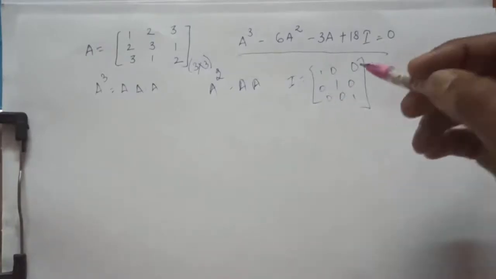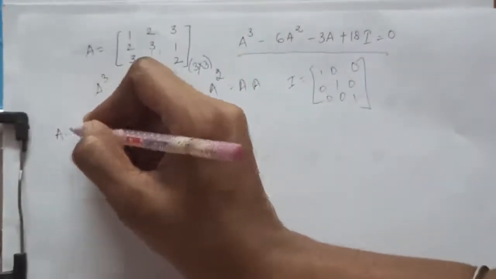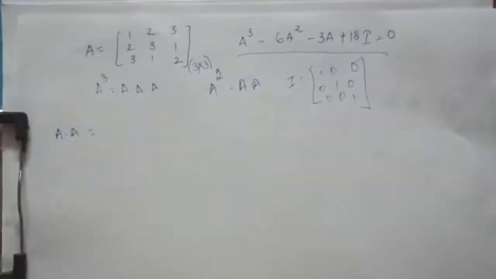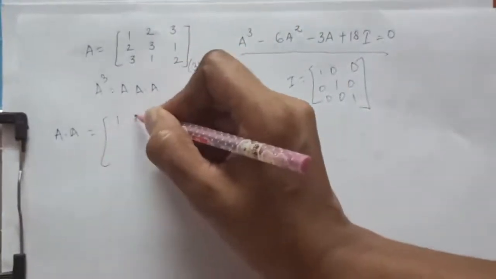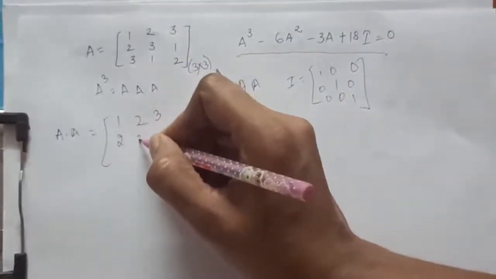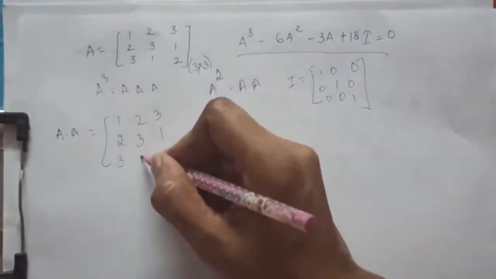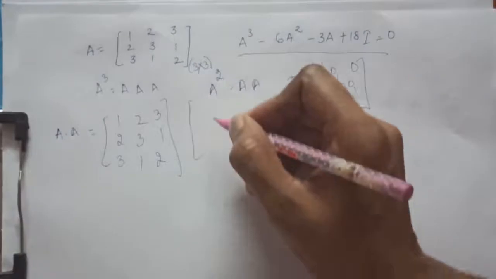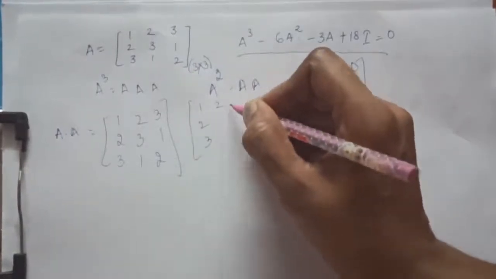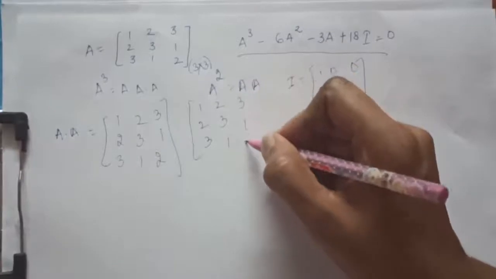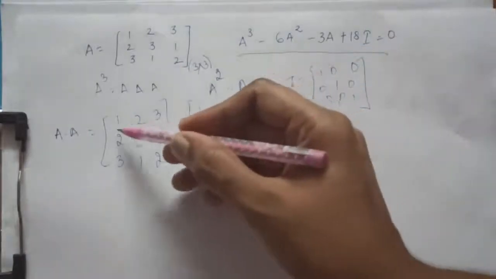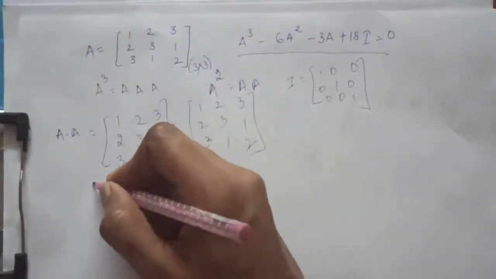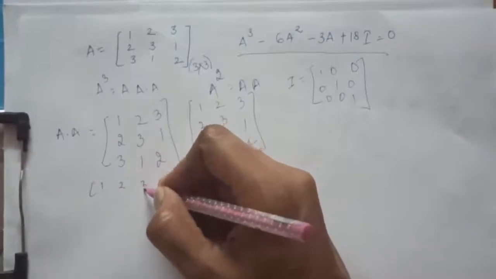First of all, because multiplication can be done between two matrices, we will start with A multiplied by A. So this matrix will be multiplied by itself only. So let us start the process. This is a matrix, it will be multiplied by the same A only. Now till now we have seen how matrices are multiplied. The first row is multiplied with the first column. So I am going to write in the same way.